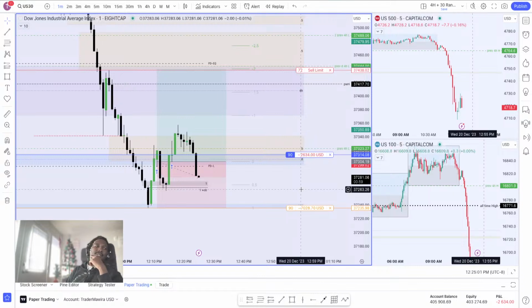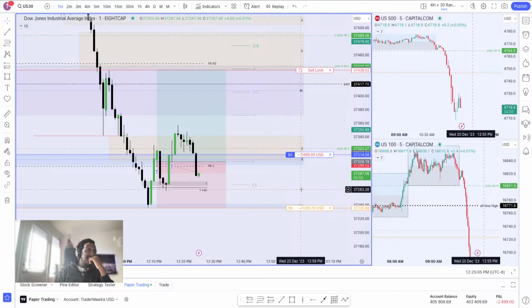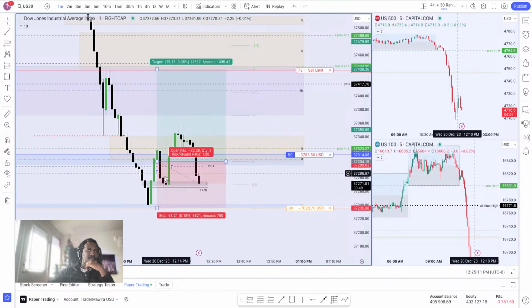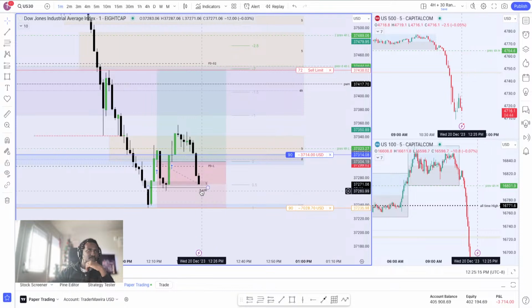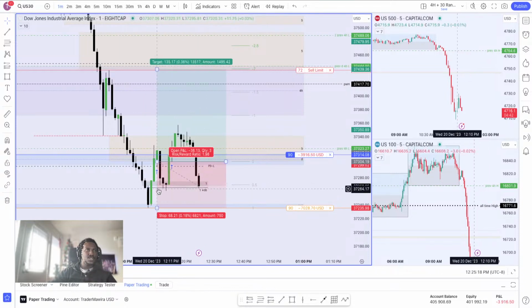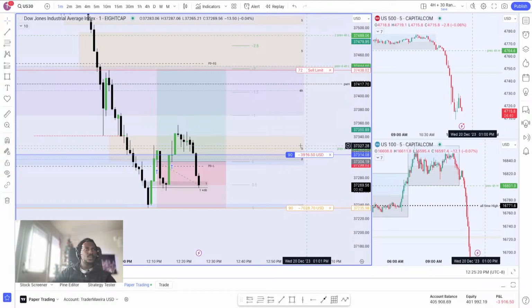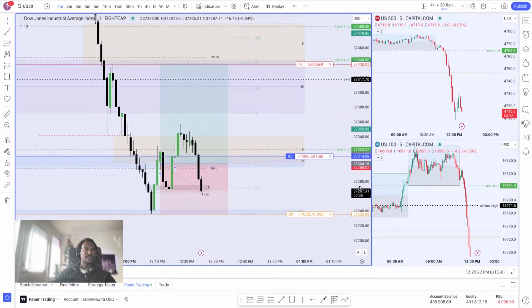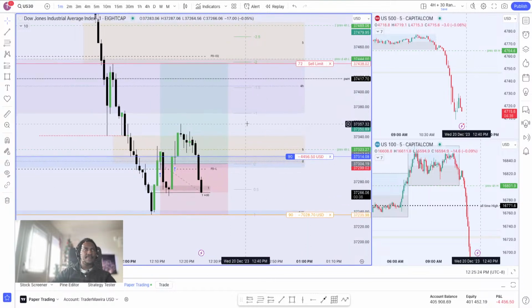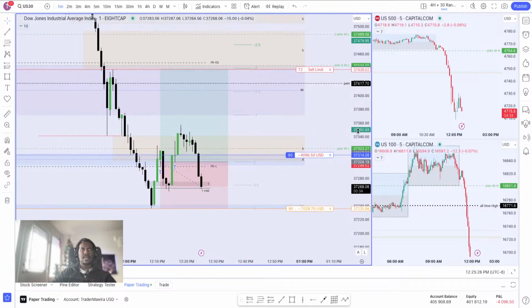Price is going in the opposite direction. Wrong side, should be the other way. Okay, it found some support here earlier. Let's see if we can do it one more time. If we do close, especially below this swing low, then this is a low probability setup. If we cross this high, then it's back to a high probability setup.